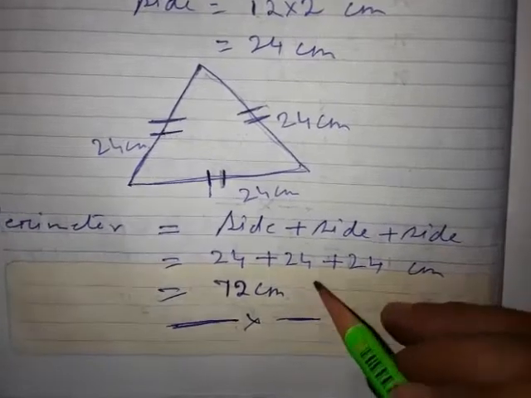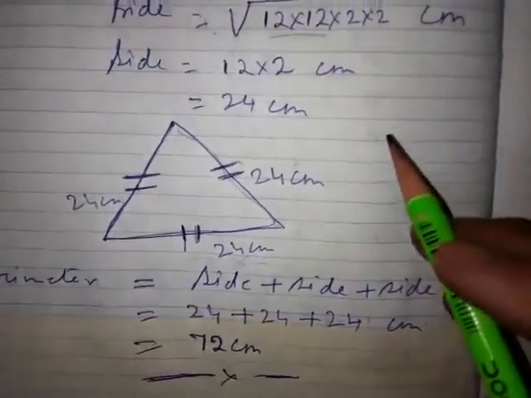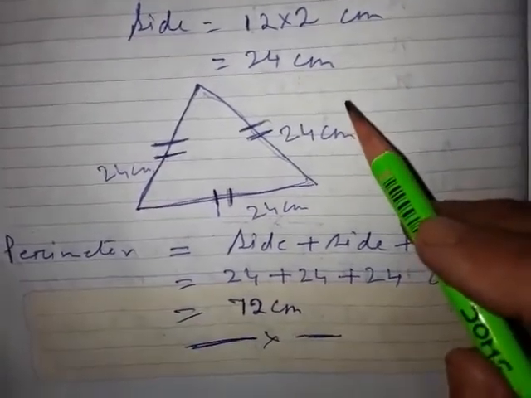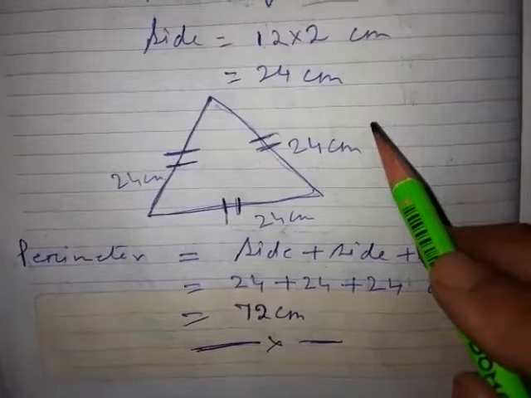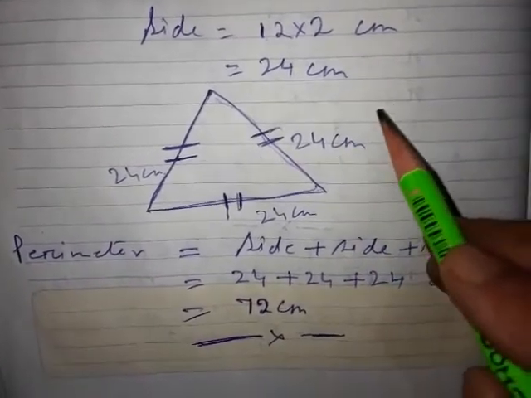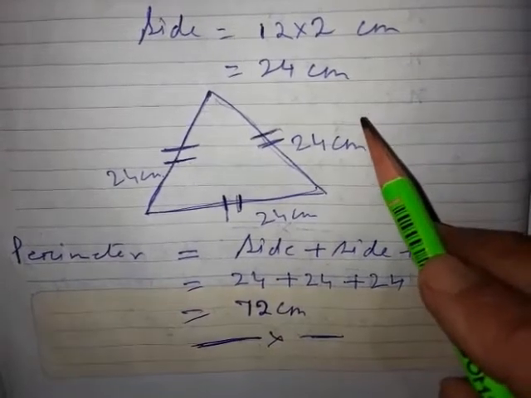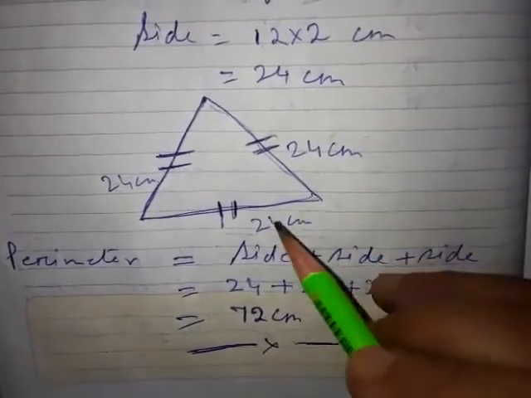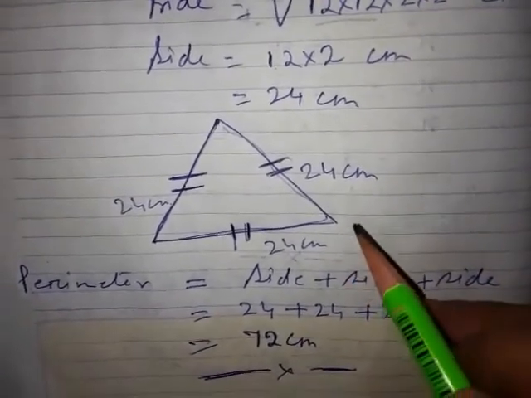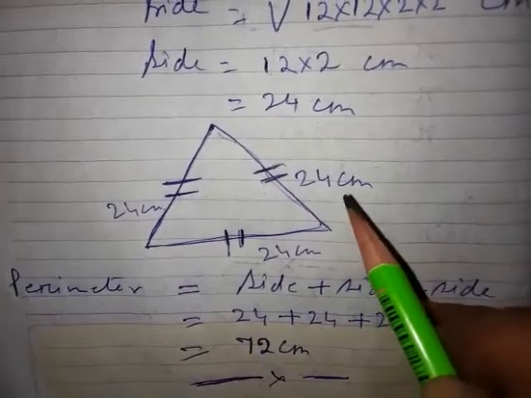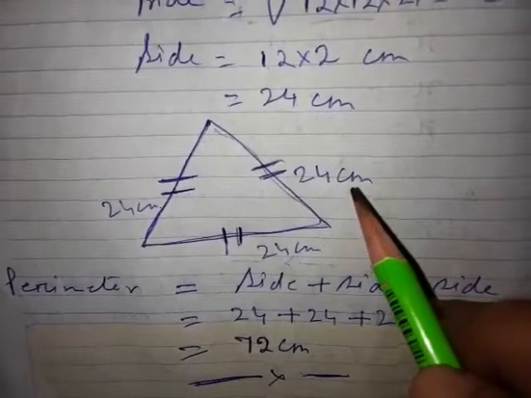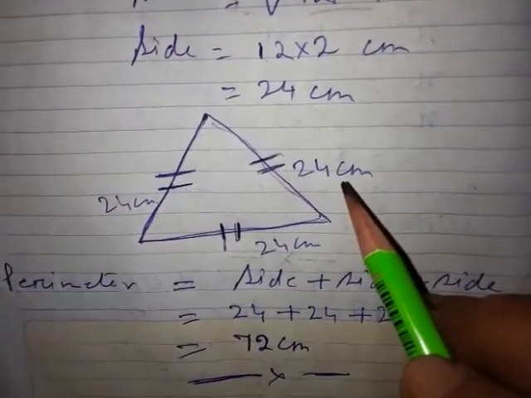So what you noticed here, whatever three formulas yesterday discussed, with the help of those three formulas, different kinds of problems I solved. And on the basis of that, I had given you three homeworks. Same formula. Please apply it. Yesterday only it was given to you. If you have done it, well and good. If you have not done it, I have already solved the problem. You must see what way I have solved it, and with the same methodology, you try to solve yourself. Tomorrow definitely I'll solve it and send it to you. You can check whether your answer is correct or not, wherever you made the mistakes.